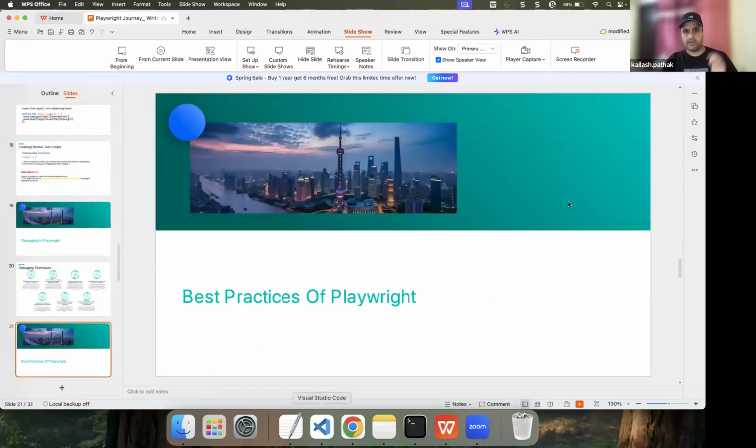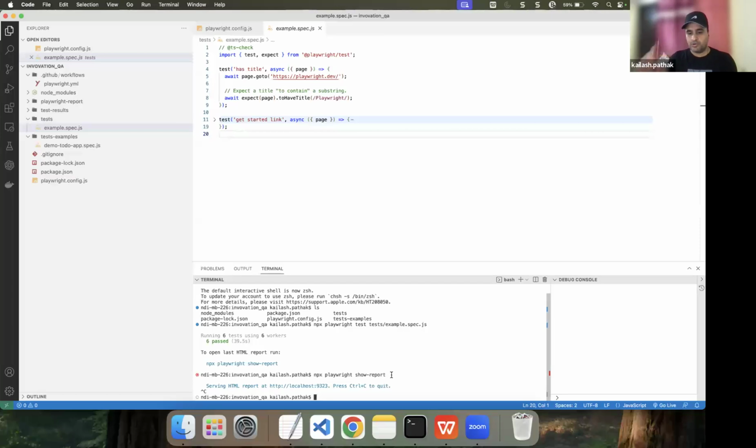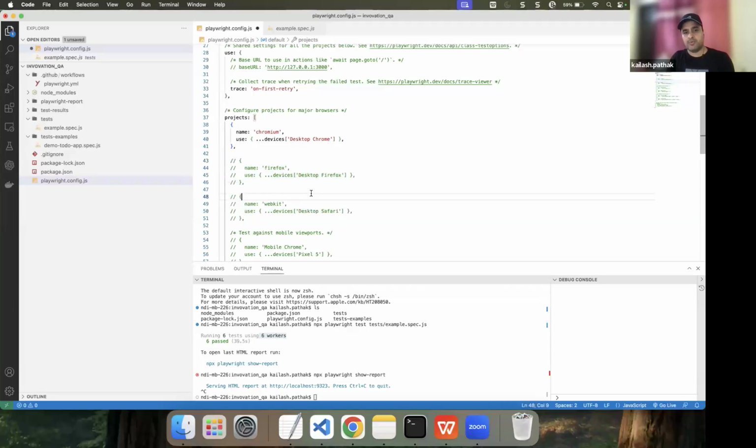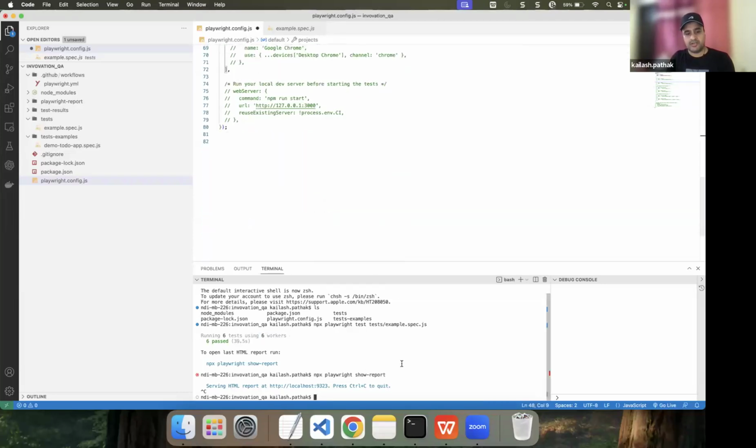I am not explaining in detail. One more thing: the test case I have run right now, because here we have only two test cases, right? And you can see here 6 test cases using 6 workers. Why 6 test cases? Because in the config file we have given 3 browsers. If you comment out these 2 browsers, then our test case will run in only one browser, right? So if I run it again,